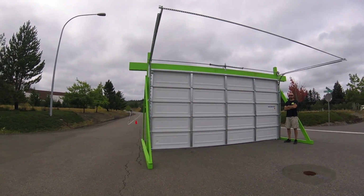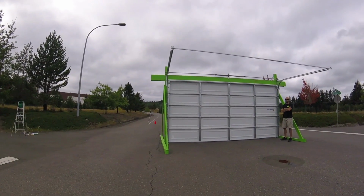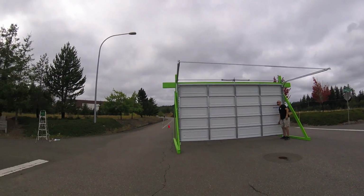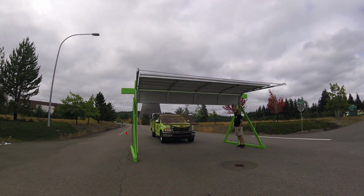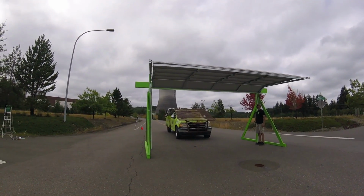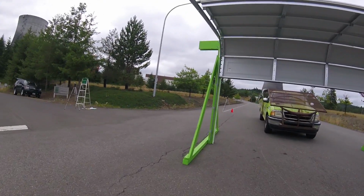Okay, so the door is installed. The door is completely functional, completely installed correctly, minus back hangs because we can't put them to the ceiling, but it's a 16 by 8 non-insulated door, and it's all mounted to the wood. All the track lags are mounted